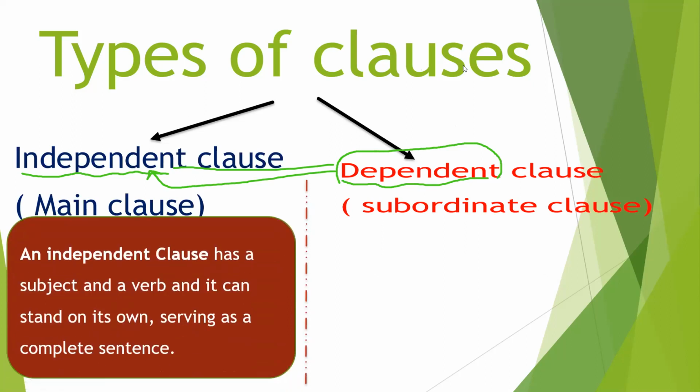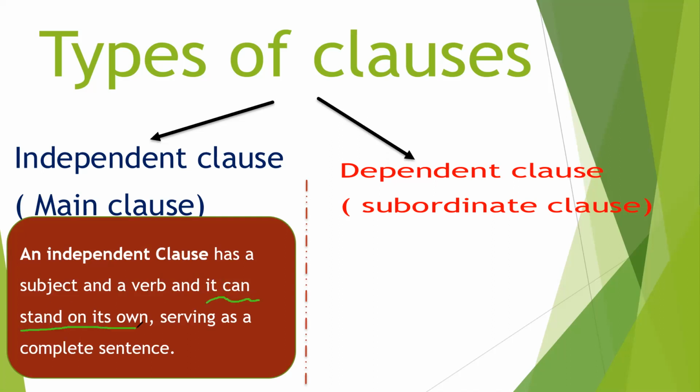Independent clause or main clause. It's a clause, and we agreed any clause, either independent or dependent, must have a subject and a verb. And what's more than that, it can stand alone on its own, serving as a complete sentence, gives a complete thought, and it might serve as a complete sentence with no other sentence around. Example,